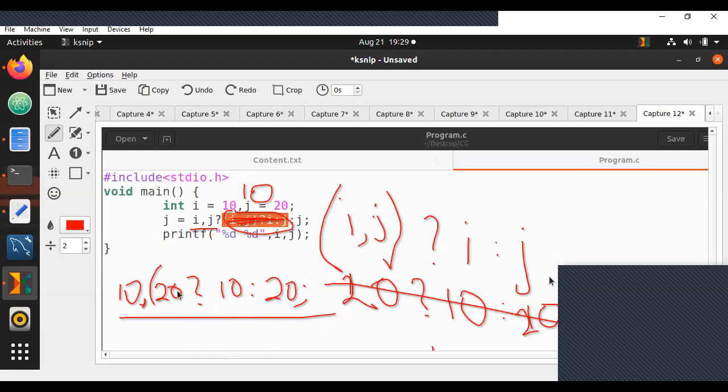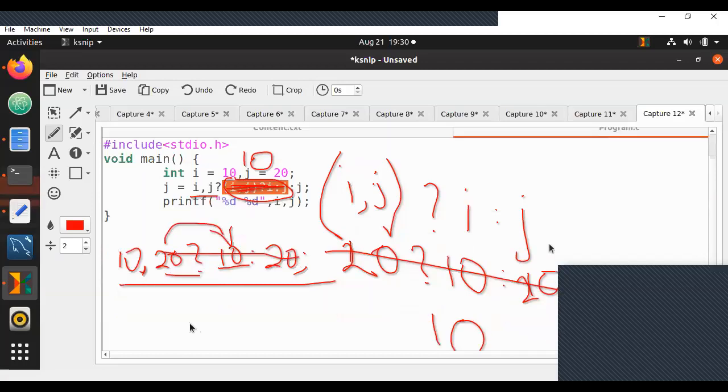One of you got it right. Yes, only 20 will be considered because comma operator works only when you have brackets. If you don't have brackets, only 20 will be taken as the condition. Since 20 is non-zero, it is true. It now returns 10. This whole value becomes 10. So it is going to become 10 comma 10 by the end.